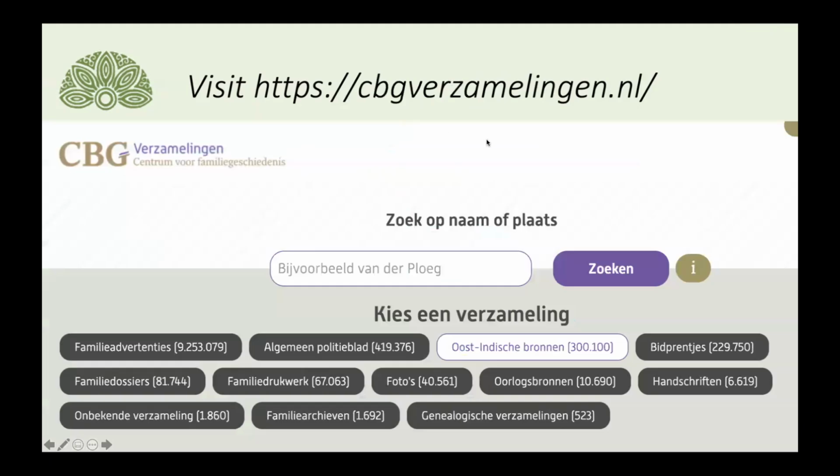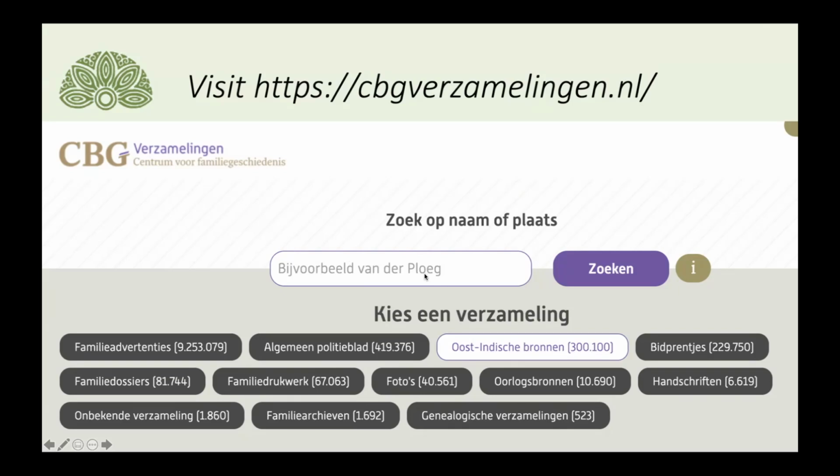Another digital archive that you should certainly look at is the CBG, the Center for Family History, and they have a collection of East Indies sources with 300,000 scans.